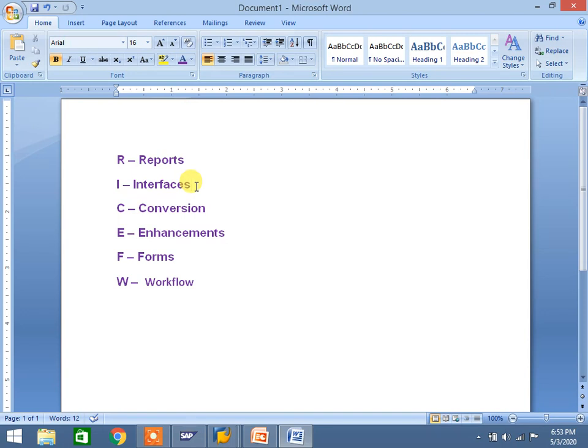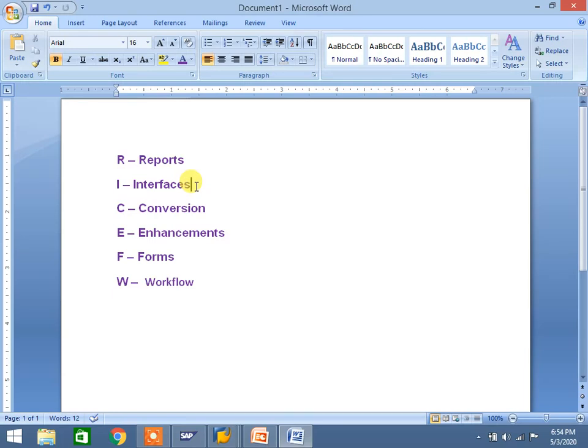Normally almost all projects have interfaces. If IDocs are there, at the IDoc level our work is very little. We will check the IDoc process. If there are any failed IDocs, we need to reprocess them. Sometimes when we are developing IDocs, we need to create partner profiles. I will explain the full IDoc class later, after one or two months. Okay, you can take it that an interface is nothing but communication between the SAP system and another system.